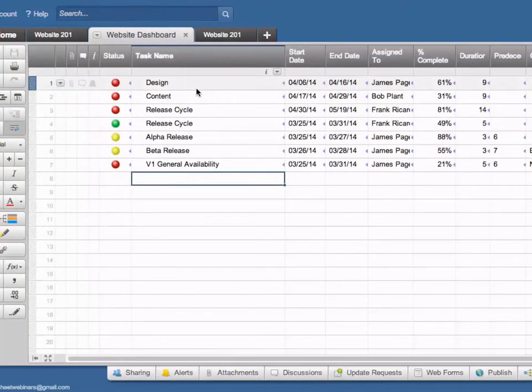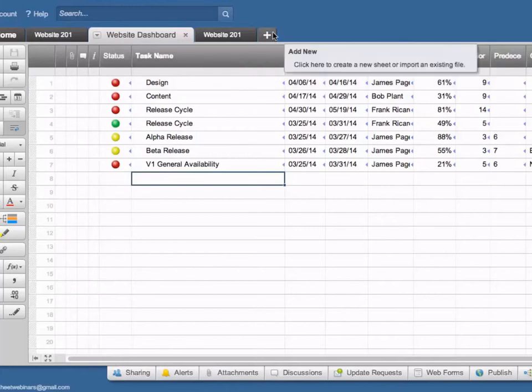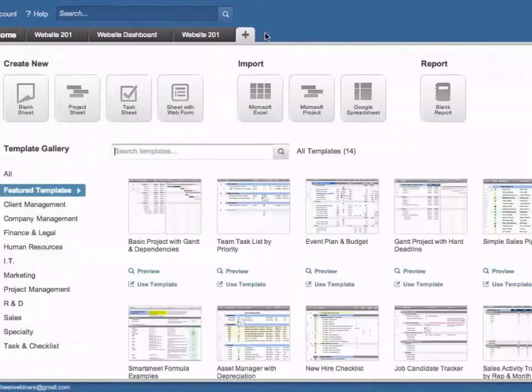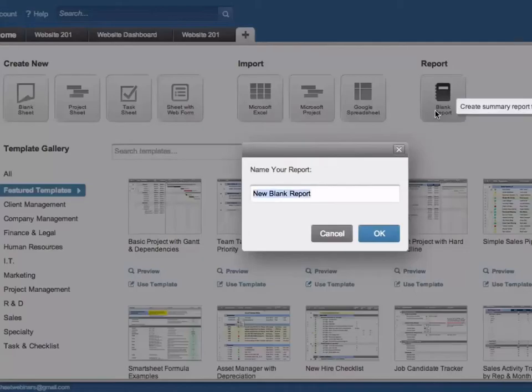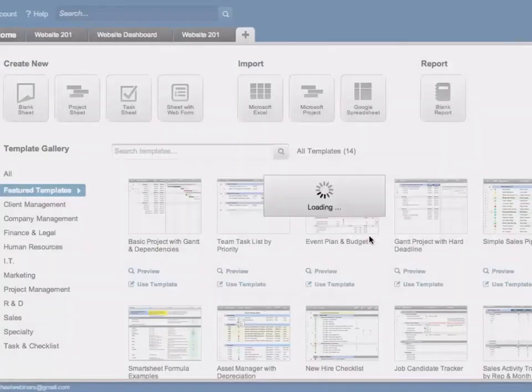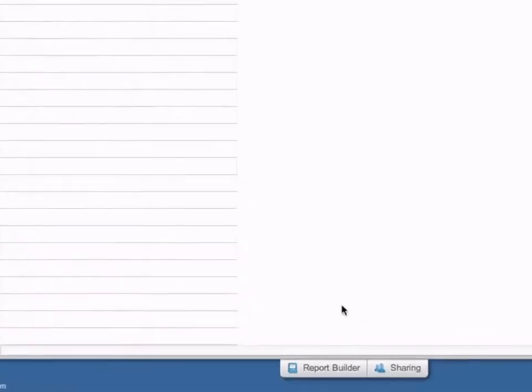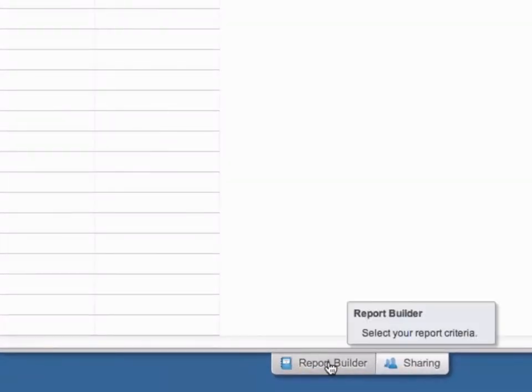Next, let's move on to reports. And reports will allow you to look across multiple sheets and show you only items that meet the criteria you specify. To create a report, click on the Add New button, go to New Blank Report, go down to your report builder,